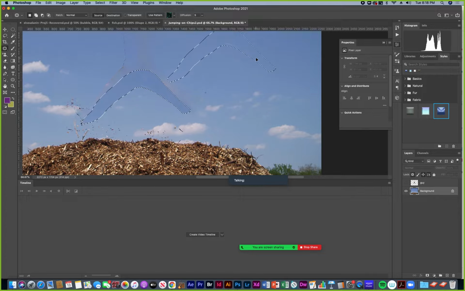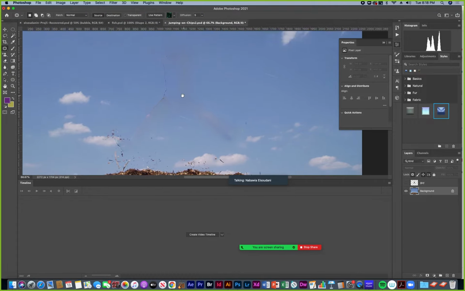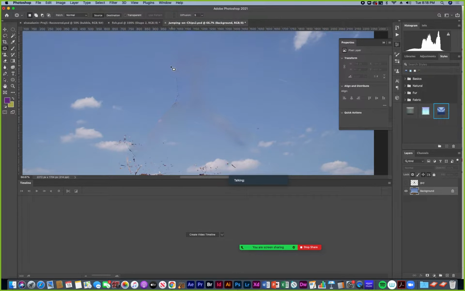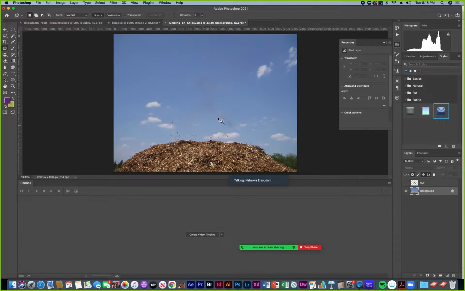Find some clear area to drag to. Let's see. There, so much cleaner background, maybe a little bit more here. Okay. So now we have a clear space for this guy to animate in front of.